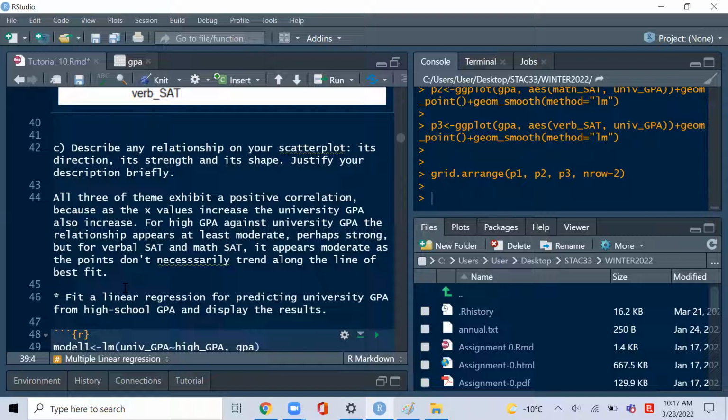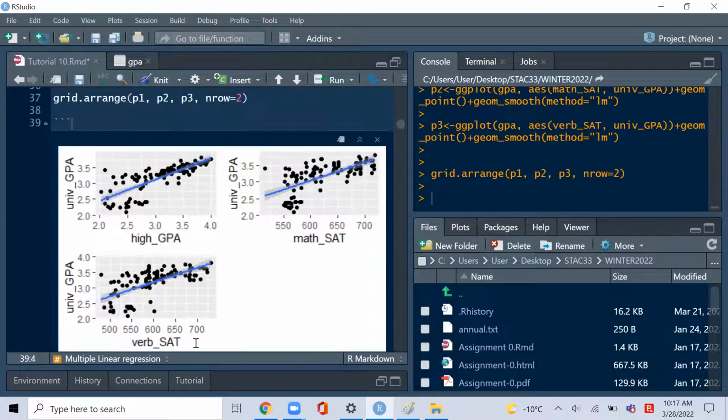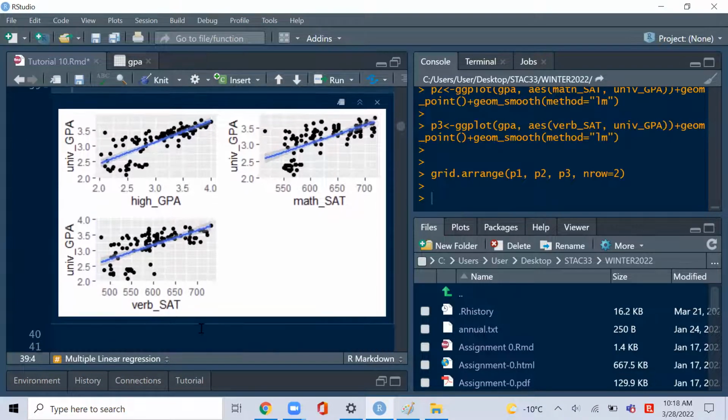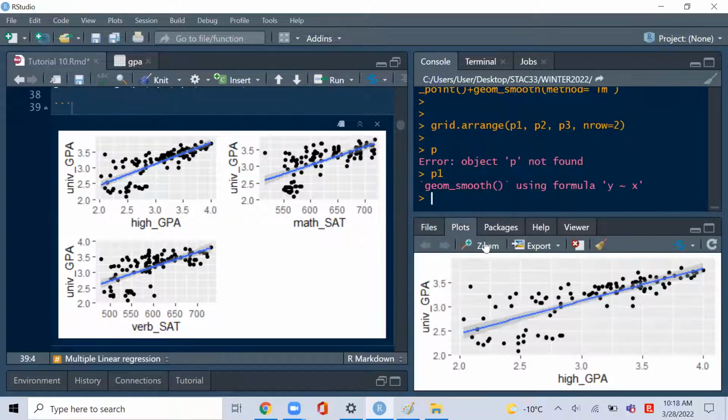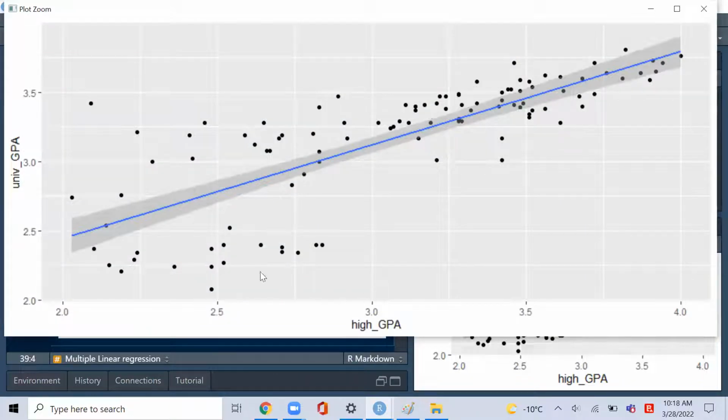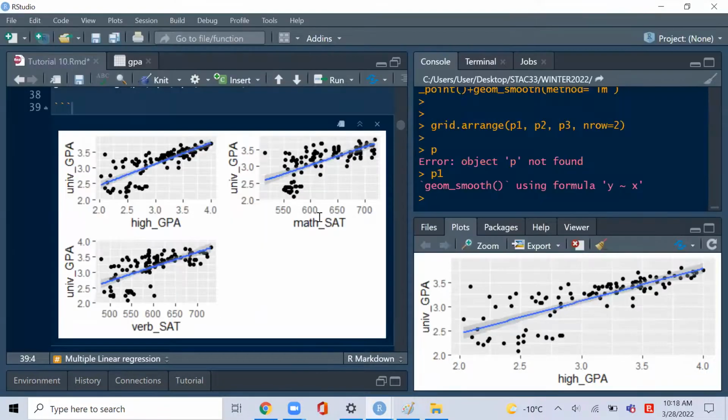So please state this. I think that the relationship with high school GPA is at least kind of moderate, especially because you can see over here the points are pretty well trended. And if I pull it up here, I just put this in the thing here, you'll see it doesn't do a great job over here, which is why the confidence band is kind of wide. It does a pretty good job over here at predicting. So I think it's at least moderate,